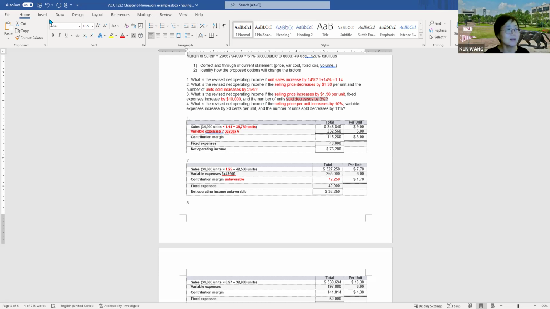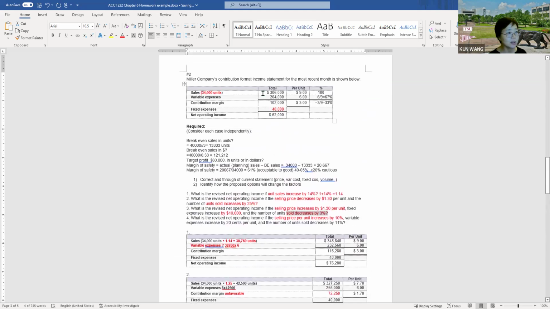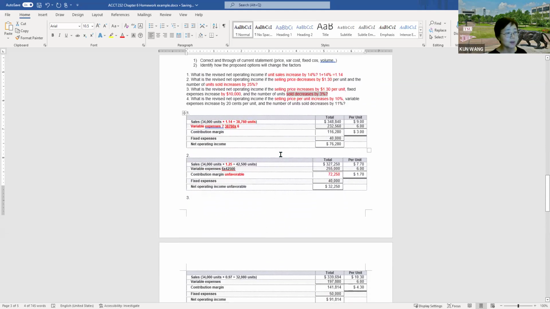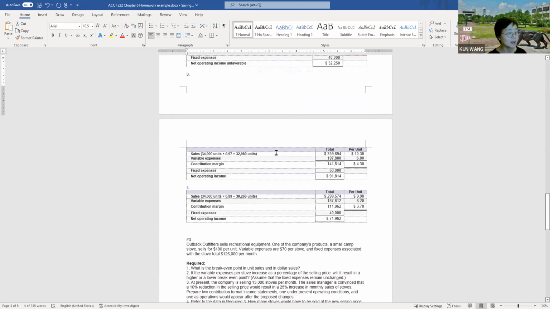So we sacrifice the sales volume by increasing the price. Three-factor change: sales price, fixed expense, and the sales volume. We need to plug the three factors into the original question so we can figure out the new net operating income. So in the third question in the worksheets,